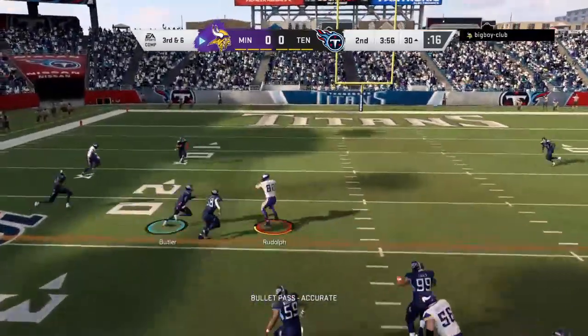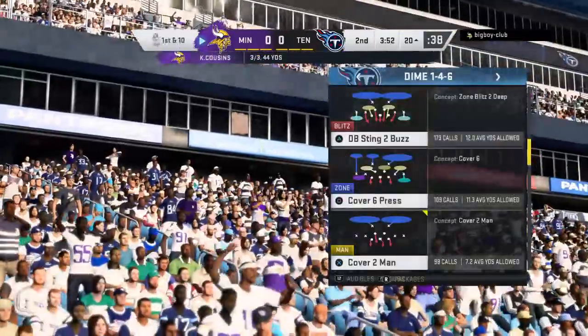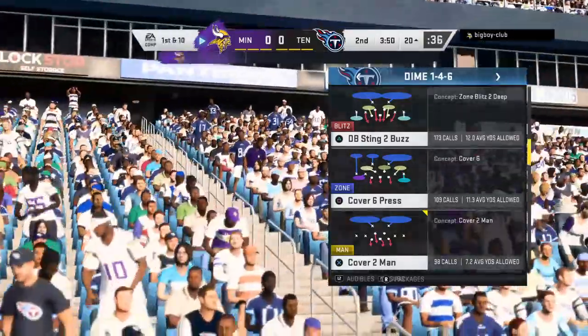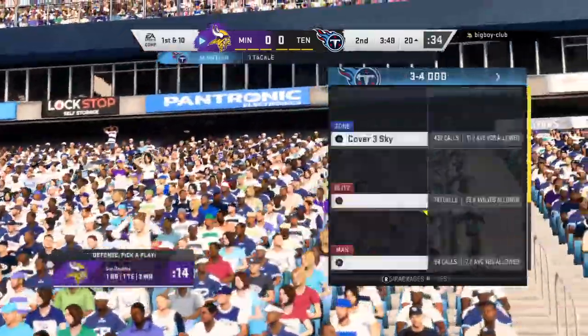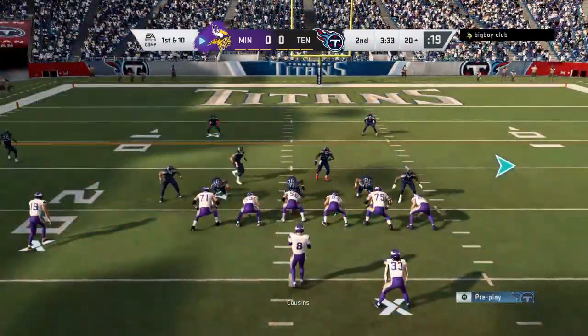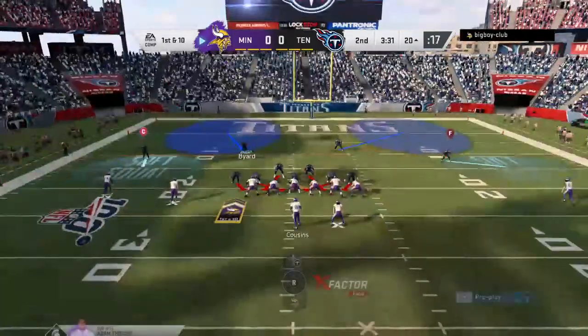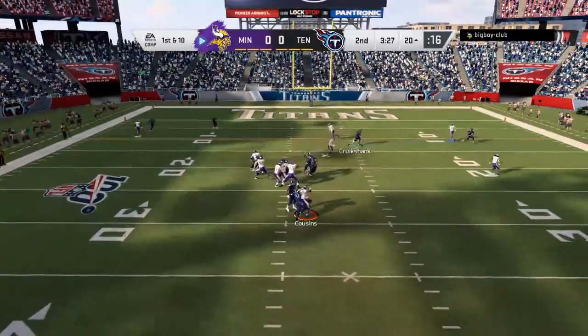From the shotgun, it's Cousins. And he's got Kyle Rudolph. And he's going to have another first down as the tackle's made at the Titans' 20-yard line. Well, they've had a great, impressive drive going here, and that pickup ensures the drive continues. And not only do you continue the drive, which is demoralizing for the guys on the defense side of the ball right now, but you make...